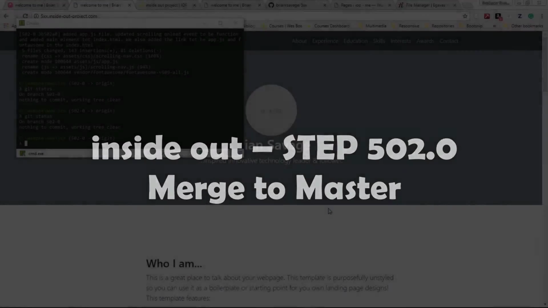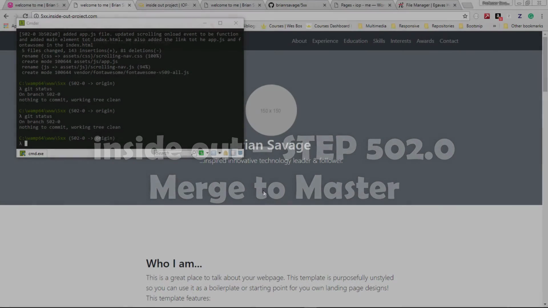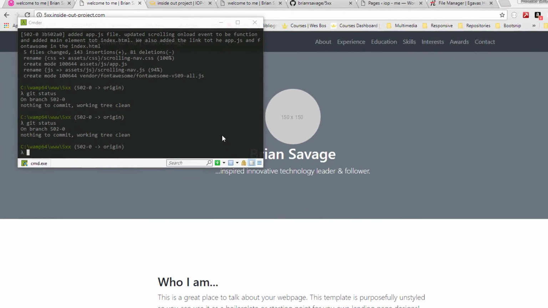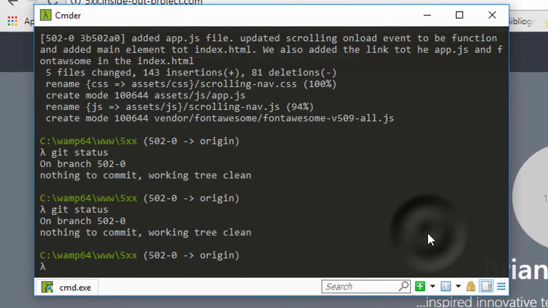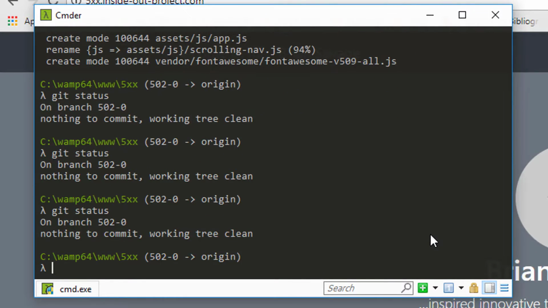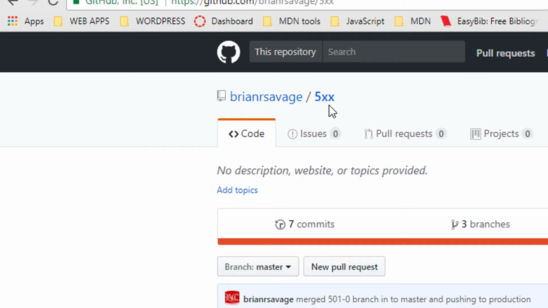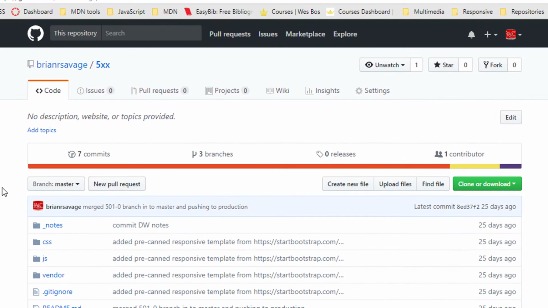So we're ready to get going. Merge our 502 into our branch, into our master, and push it to production. Awesome. So first thing you want to do is just obviously make sure that you have a clean commit. Yeah, and we do. So at this point, we'll go ahead and we'll take a look at our 5xx, and